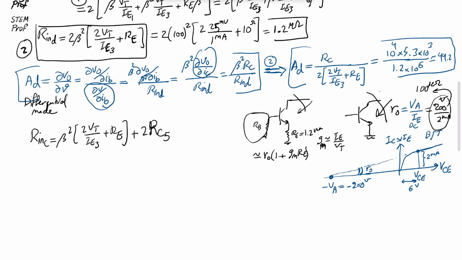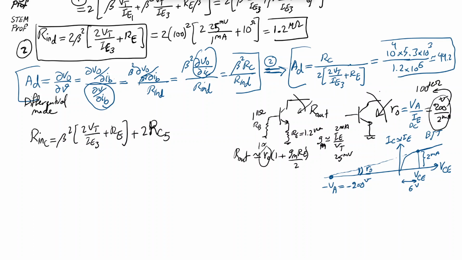But because of this RB of roughly overall 1 kilo ohm, which is the same size as this guy, this will turn out to be on the order of approximately R out is RO times GMRE over 2. So if we substitute for IE 2 milliamp and VT 25 millivolt, we will find that this guy is about 48, 49,